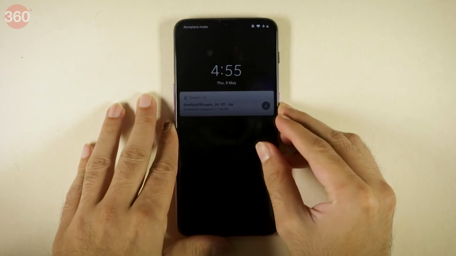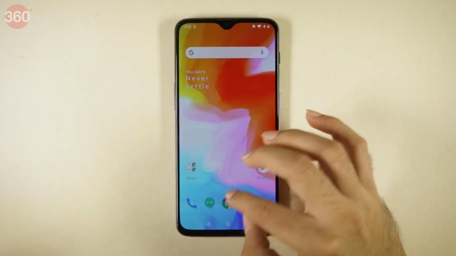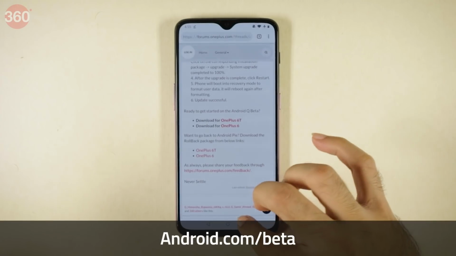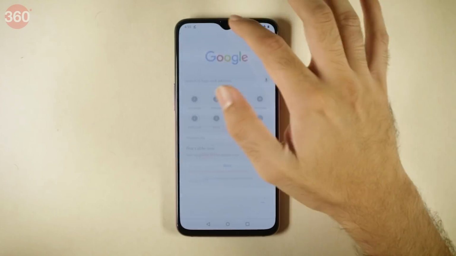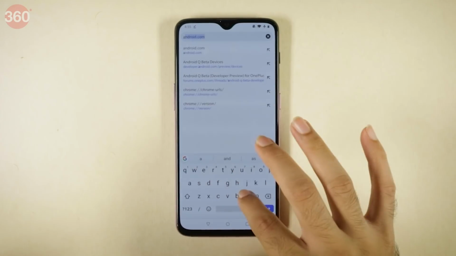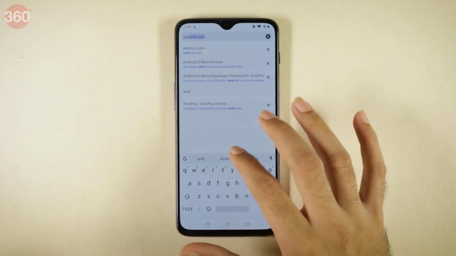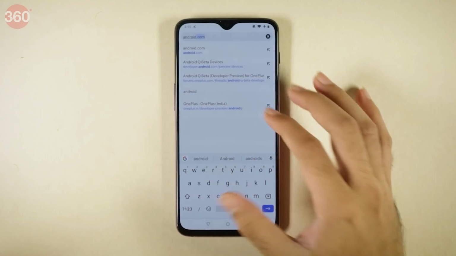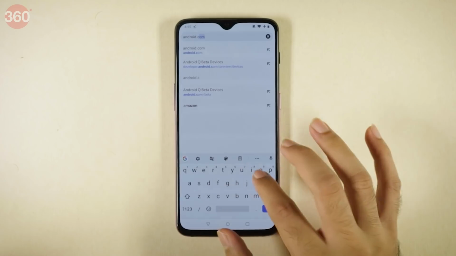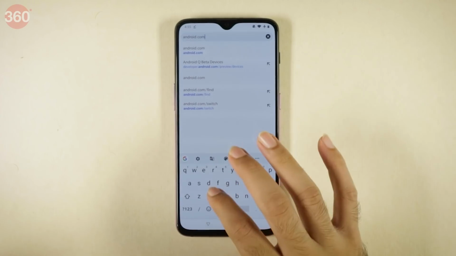Now the first step, obviously, in installing Android Q Beta 3 on the OnePlus 6T is to go to android.com/beta. So you can do it on any browser. I'll just go here and show this to you. We've done a bit of cheating actually. We've already downloaded Android Q Beta on this device so that we can speed up the process. So let's go there,